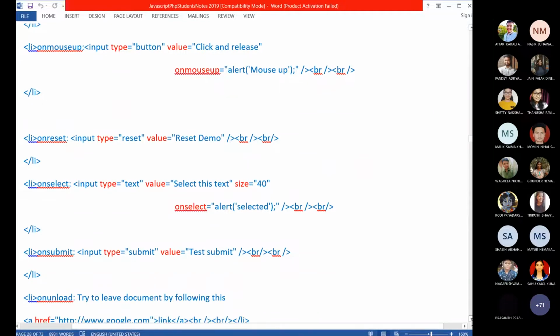So on mouse up also you can use. Click and coming up will happen in a button only, so within the button you can write on mouse up. When you click and release the mouse button, the message will be displayed.